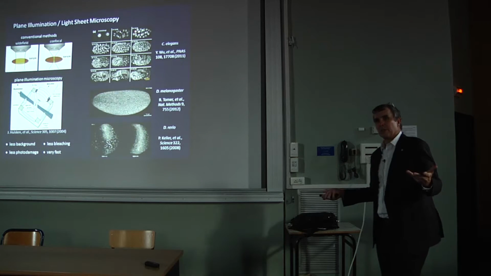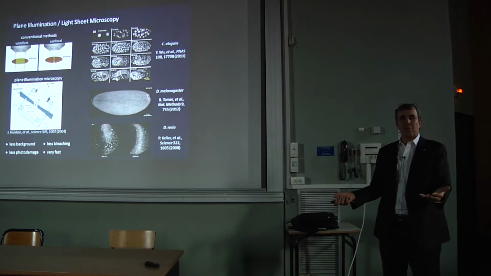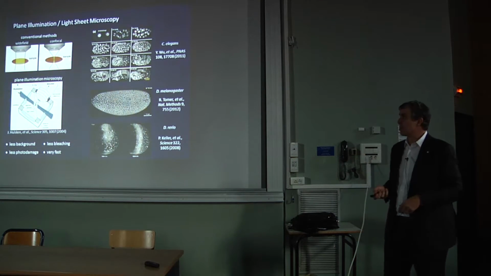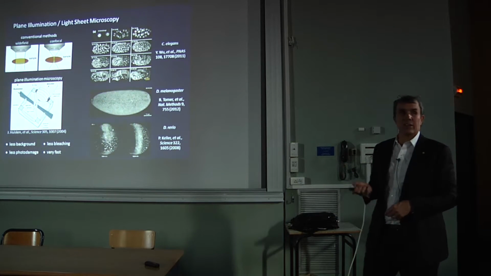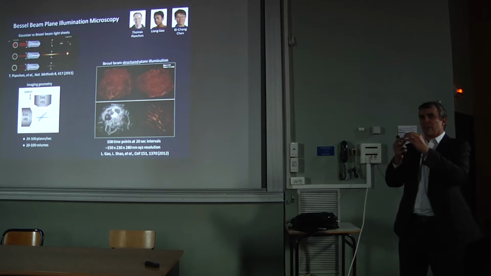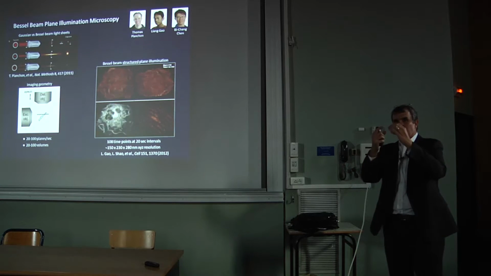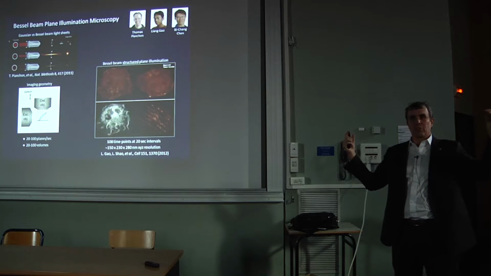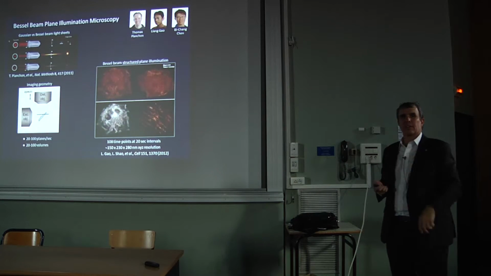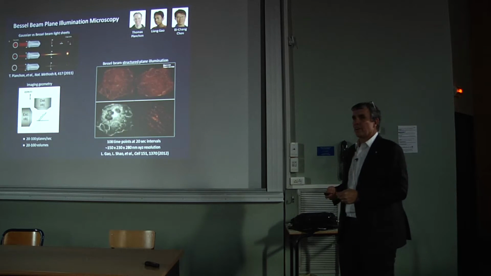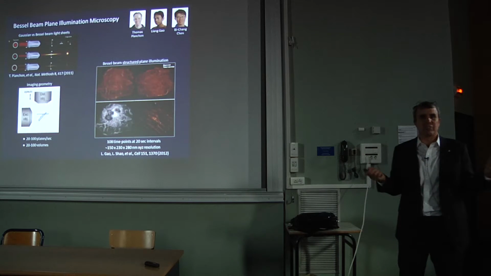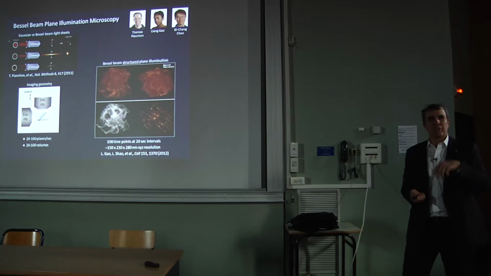And furthermore, you illuminate the whole plane at once, so it's easy to snap that with a fast camera, then sweep to the next plane, snap that, boom, boom, boom, boom, and get your 3D image. That's been transformative for studying embryogenesis at single cell resolution. But it has a limitation, which is that there's a trade-off just because of diffraction between the flatness of a light sheet that you can create, over how big of an area it can stay flat, and how thick the light sheet is. And over the dimension of a single cell, it means it needs to be about 3 to 5 microns thick. Well, a cultured cell is maybe 5 to 10 microns thick, so you're not gaining much benefit from the plane illumination in that case.